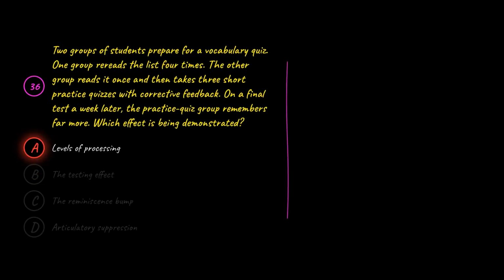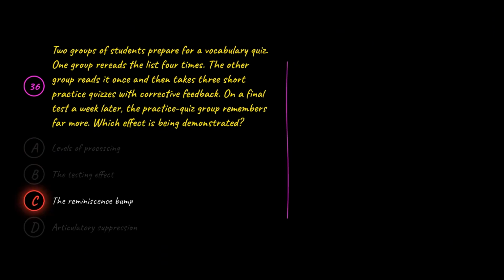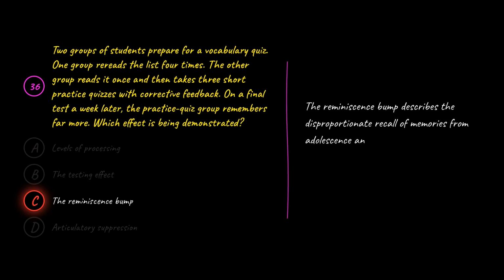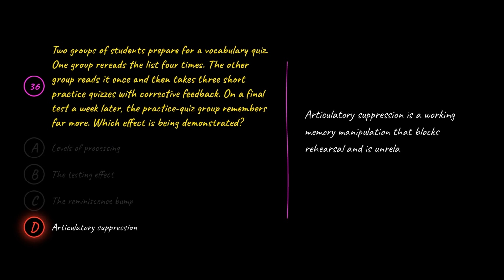A is wrong because levels of processing emphasizes depth of encoding rather than the specific benefit of retrieval practice over rereading. C is wrong because the reminiscence bump describes the disproportionate recall of memories from adolescence and early adulthood, not the impact of practice quizzes on study material. D is wrong because articulatory suppression is a working memory manipulation that blocks rehearsal and is unrelated to long-term retention